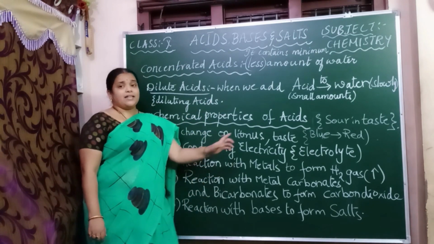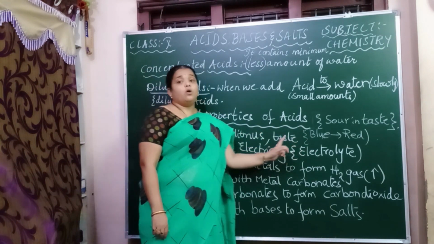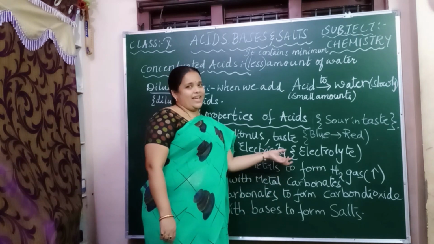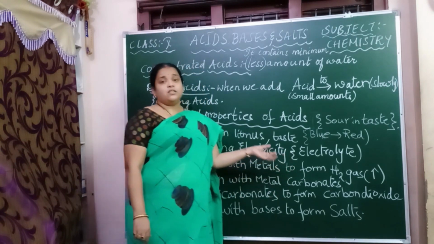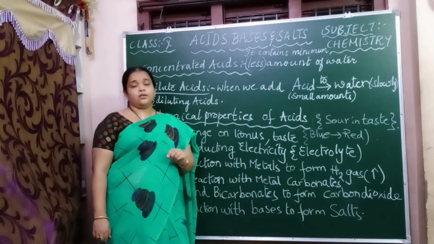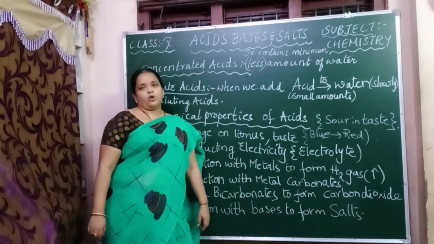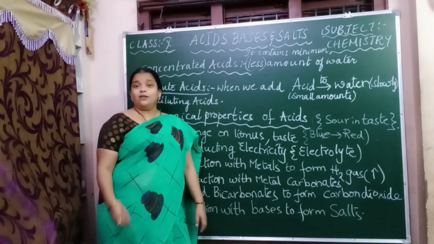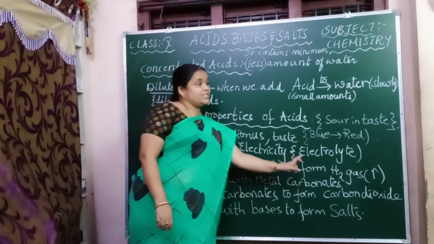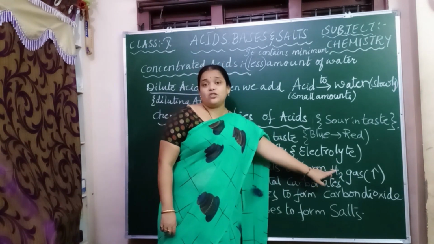As we all know, acids are sour to taste. They turn blue litmus to red litmus. Also, they are good conductors of electricity. How do we show this? Take some water and add a small amount of acid to it. Now, connect it to a glass bulb with the help of two graphite rods. When you add a small amount of acid or even lemon to the water, it conducts electricity, and those substances which conduct electricity are called electrolytes. This is done by release of hydrogen gas.